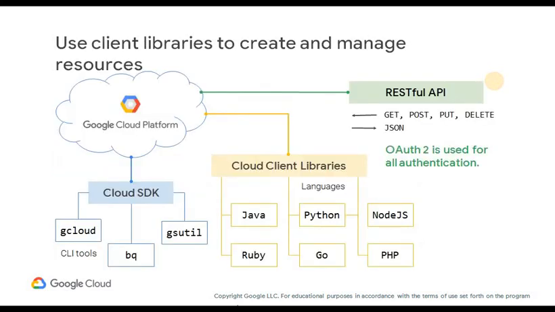In addition to the Cloud SDK, you will also use client libraries that enable you to easily create and manage resources. Google Cloud client libraries expose APIs for two main purposes. First is App APIs, which provide access to services and are optimized for supported languages such as Node.js and Python. The other is Admin APIs, which offer functionality for resource management. For example, you can use Admin APIs if you want to build your own automated tools. We discuss the different application managed services options in more detail later in this course.